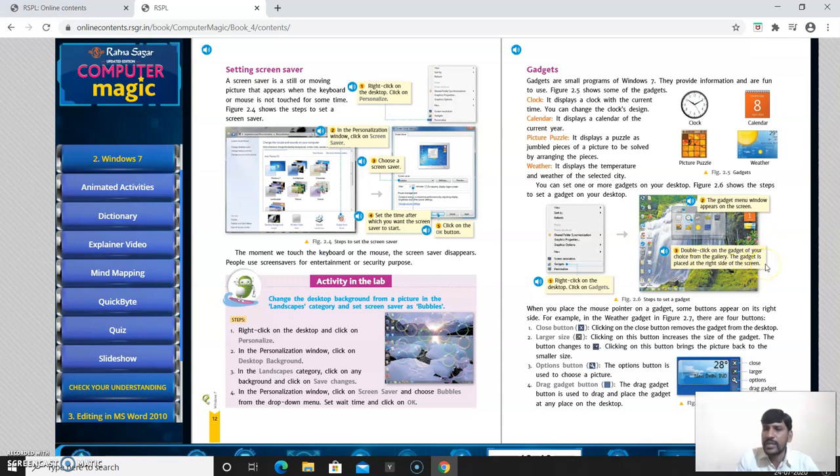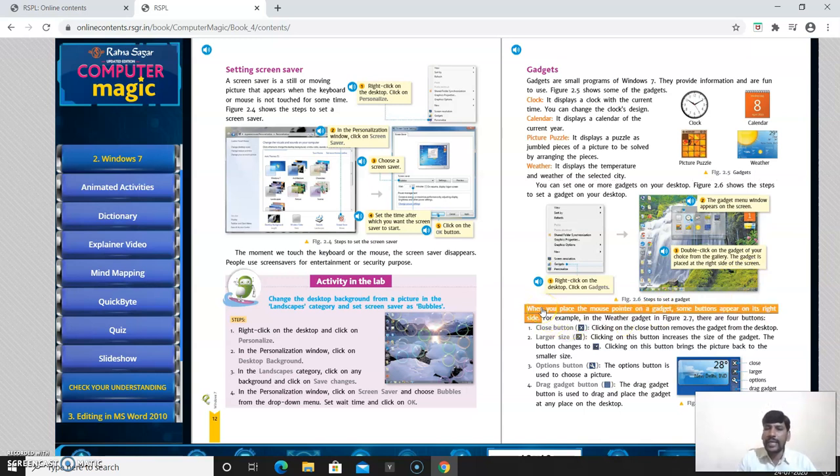From the gallery, first select whichever gadget you want, and double click on it. When you double click on the gadget, it automatically comes to the desktop and shows on the right side of the screen. Clear?